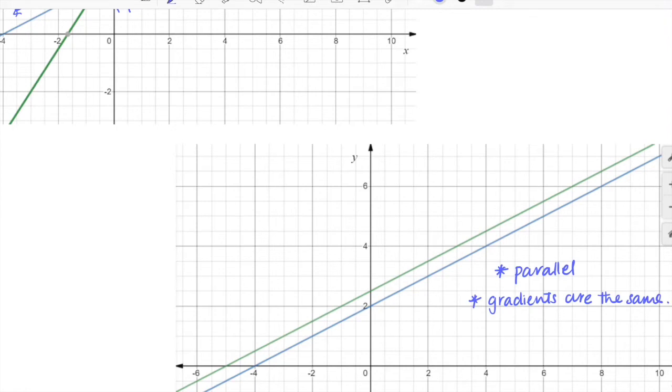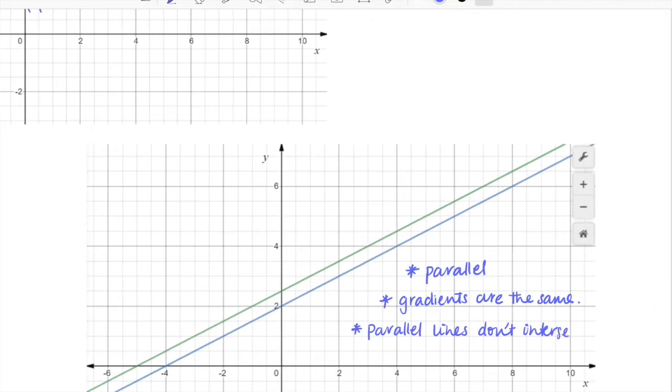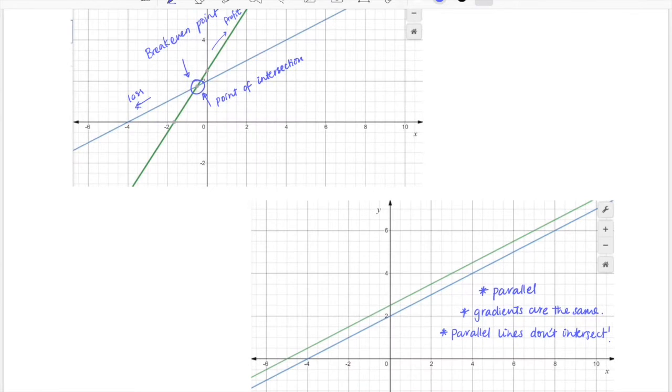Now remember, the gradients also dictate how steep a particular line is. So the fact that the gradients are the same is what actually causes these two graphs to never meet. So due to this, parallel lines don't intersect. That is us drawing back on our earlier understanding of linear graphs, when we talked about